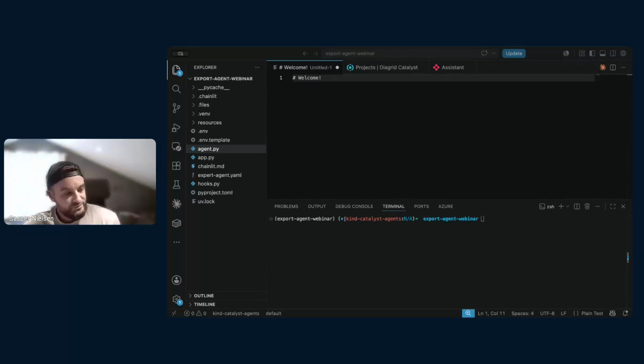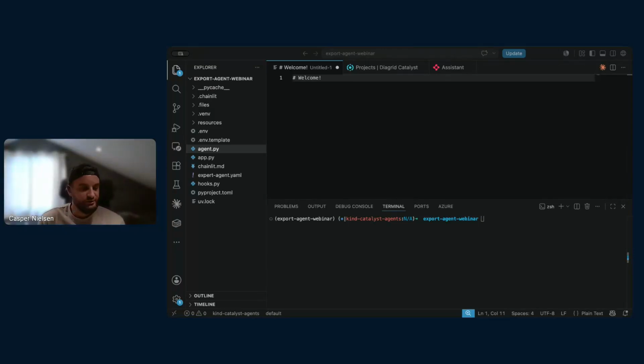My name is Casper. I am the AI engineering team lead in Diagrid, and today I'll take you through how to make your AI agent production smart by enriching the context before we call the LLM for questions. Today we'll build an expert agent. It'll be based off of the example in the Dapr Agents, and it'll be built on top of the hooking system